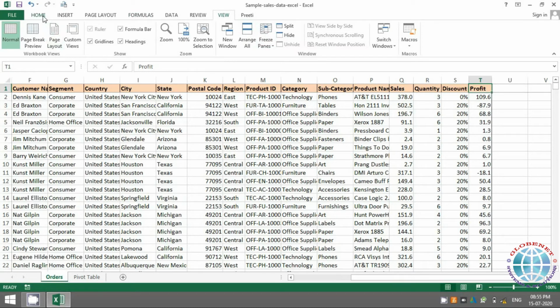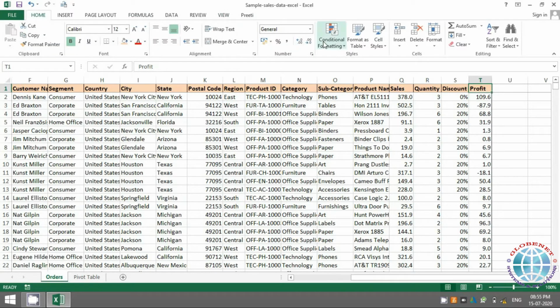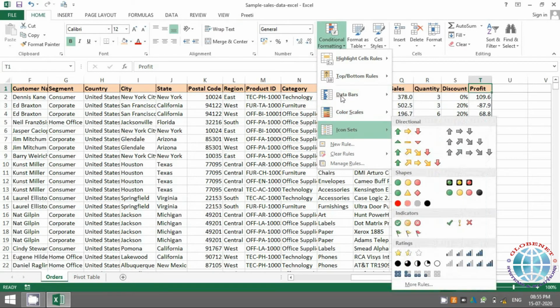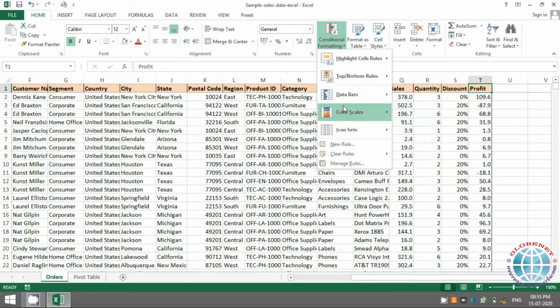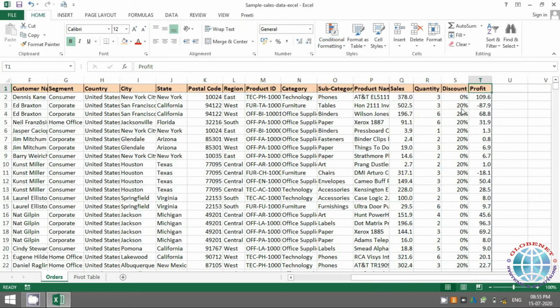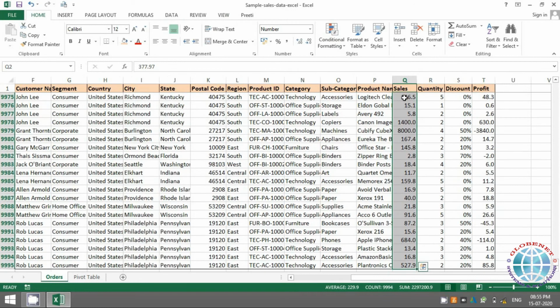Going back to the conditional formatting option: data bars, color scales, all of it goes on to icons. Data bars and color scales are just to color a field based on the numbers. So let's say I have some values here, I'll select it.